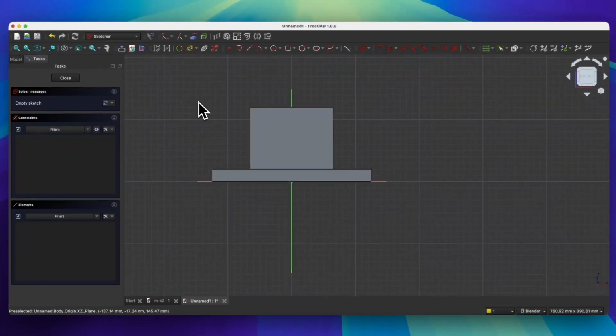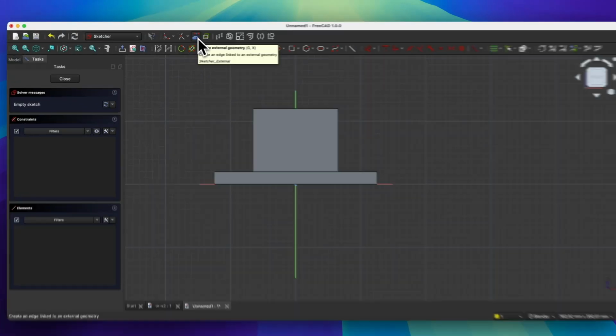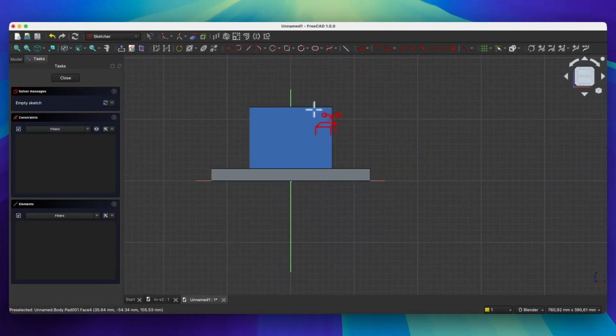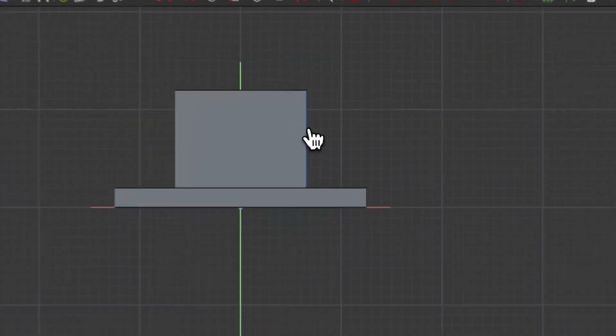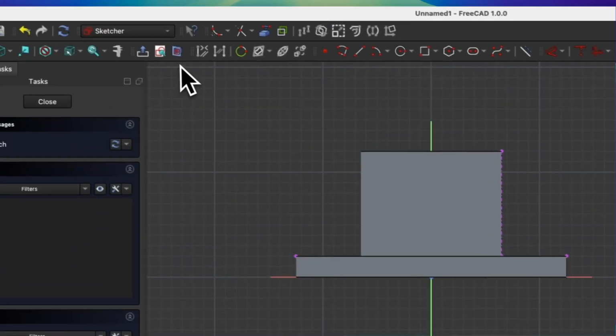Here we will start by creating reference geometry. Select Create External Geometry command and create geometry based on this edge and this edge. Right click to cancel this command, and now let's switch to the section view